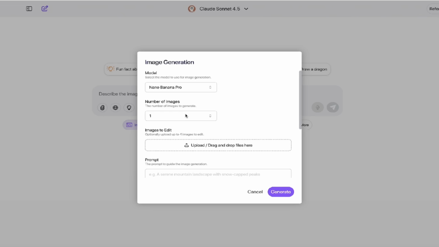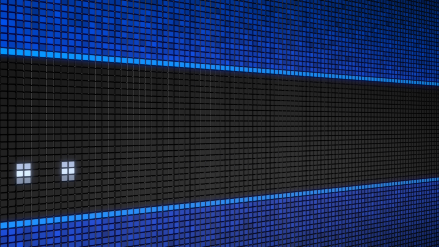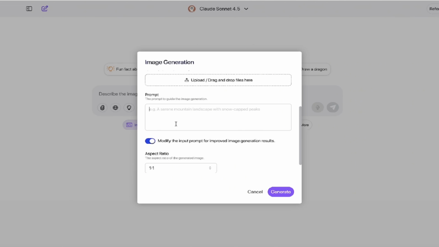Once you do that, we get some options. You can create 1, 2, 3, or 4 images at a time. I like to do 4 at a time because it gives me 4 kicks at the can. You can upload your own image, which I'll show you in a second, and you can just do a quick prompt. So let's just do French Bulldog reading a book on the moon